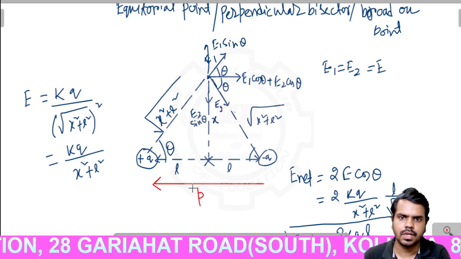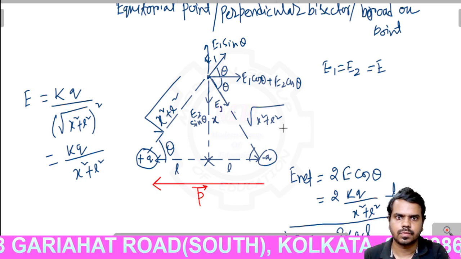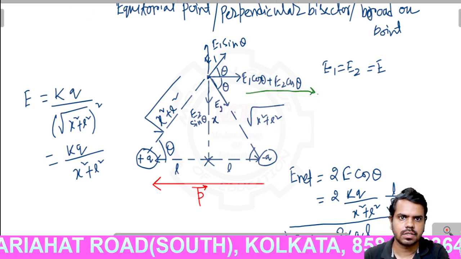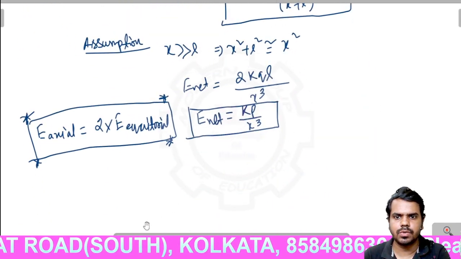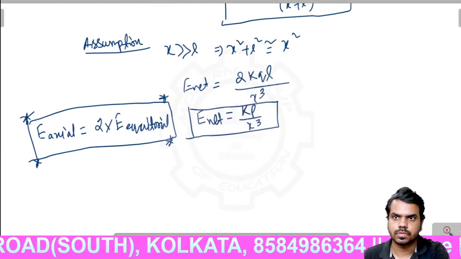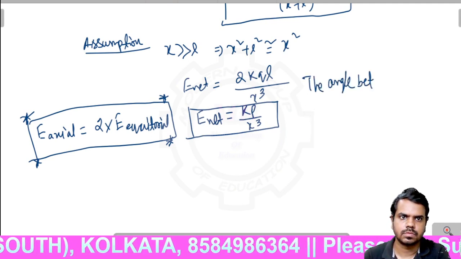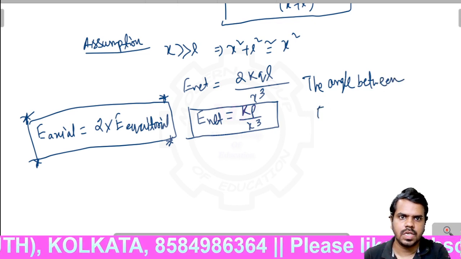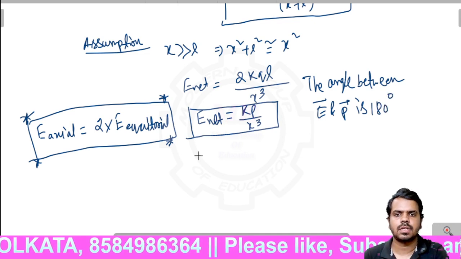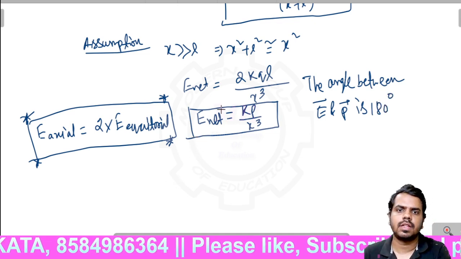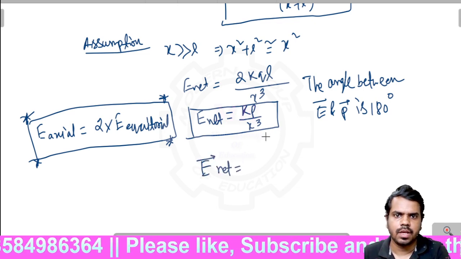This is the direction of p vector, but the direction of E net is in this direction. So the angle between E and P is 180 degrees. That means if we have to apply the vector formula, then this formula vectorially will have